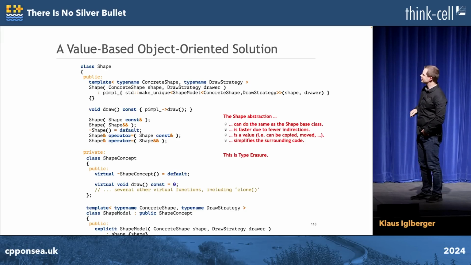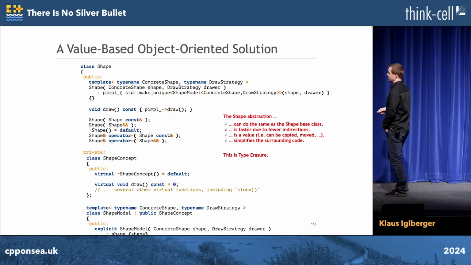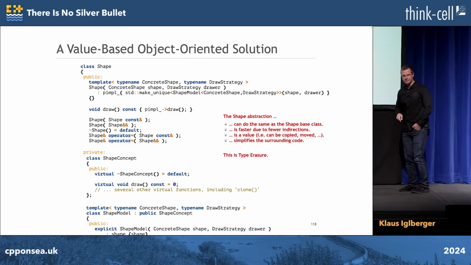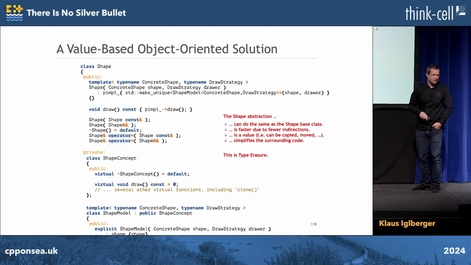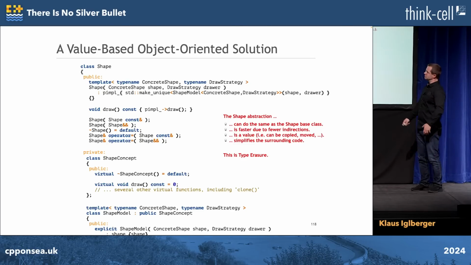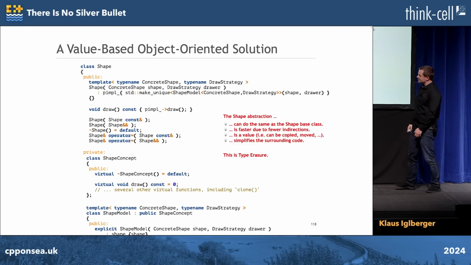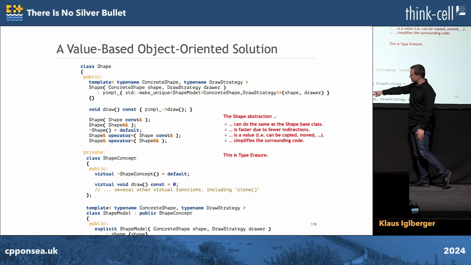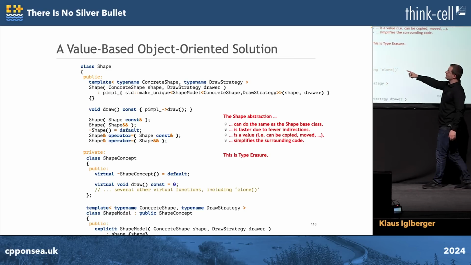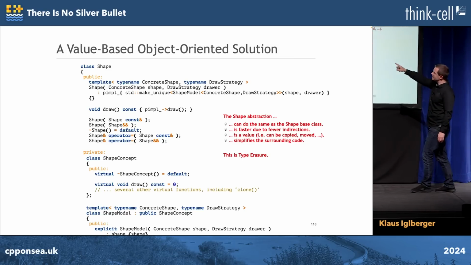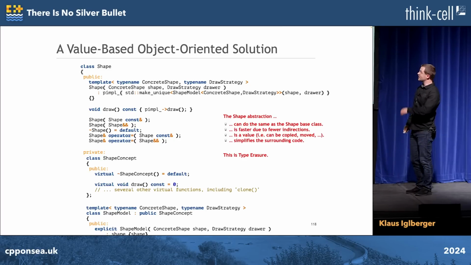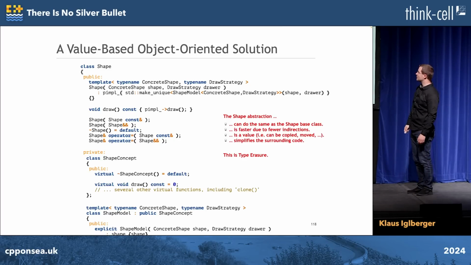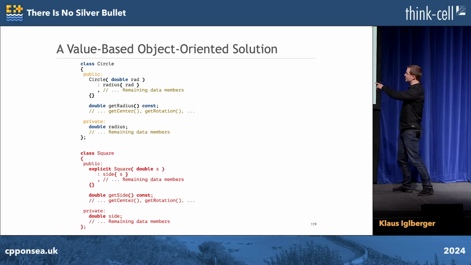So this is what we refer to as type erasure. And you see, this is not magic. This is relatively simple. Of course, the first time you do this, it might be a little more, but ultimately, it's just the same things, the same base class, a derived class that you would write anyway. You just wrap this with very little extra code that, however, makes everything else so much more pleasant. And so let's look at the surrounding stuff.